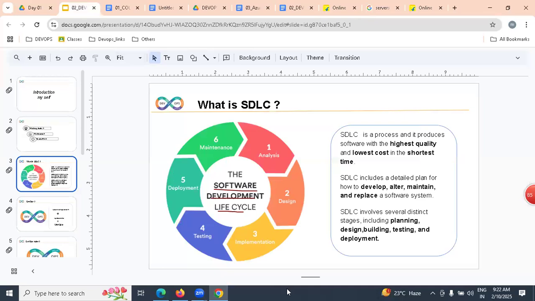But in SDLC, we have several stages and phases like analysis, design, implementation, testing, deploy, and maintenance. By following all these stages, analysis to design, design to implementation, implementation to testing, testing to deploy, deploy to maintenance, we implement a process.